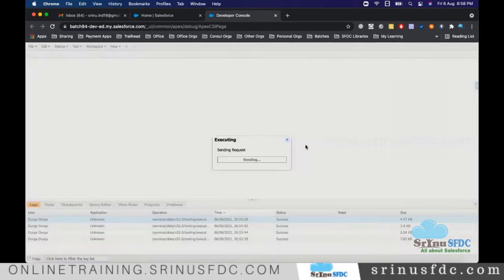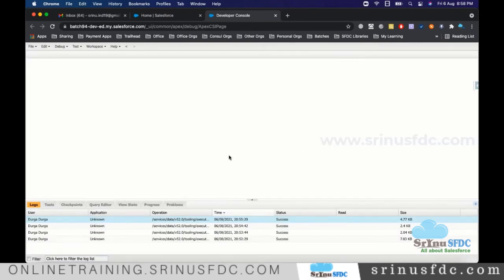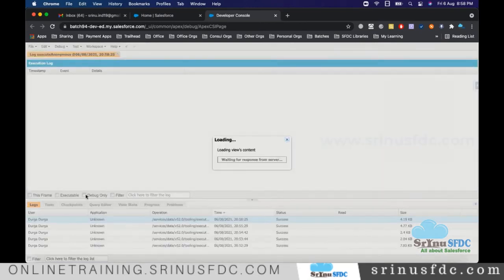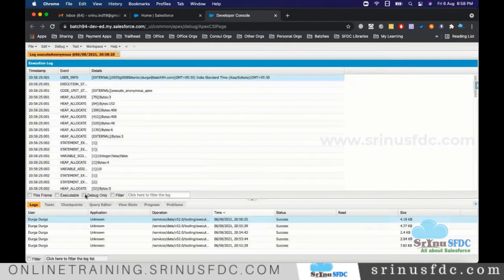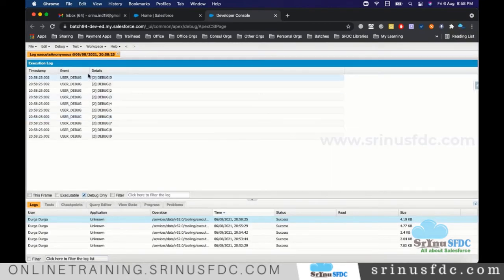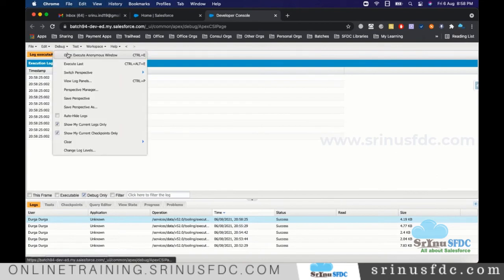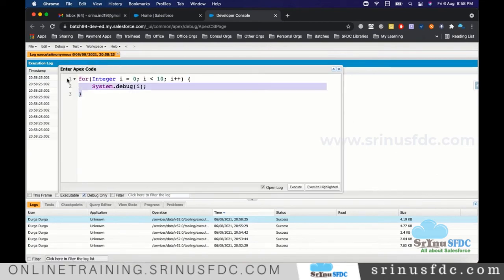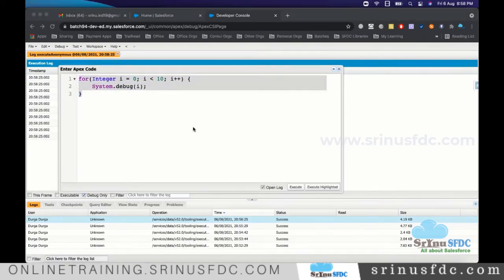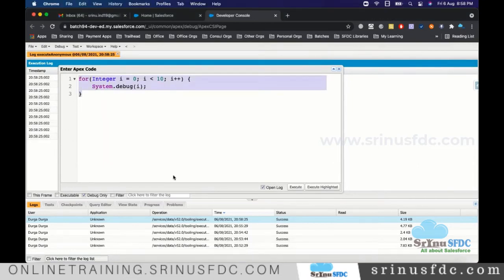Now if you execute, you'll see 0 to 9 printed. That's about the for loop. Index based means we are going based on the index. There is one more flavor,